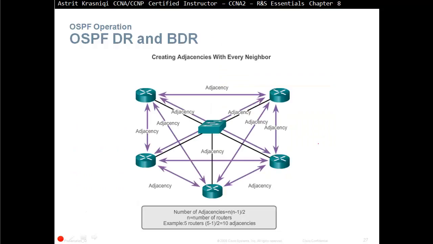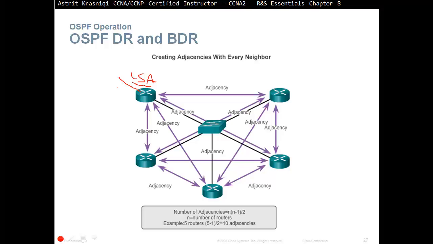OSPF DR and BDR election, for example, like we said earlier. So if there's a new link here, this LSA here, this router is going to grab this LSA and it's going to send it to all the neighbors. Now the neighbors, what is the job for the neighbor to do? The first thing is they're going to flood that LSA to their neighbors, and their neighbors are going to flood it to their neighbors, and we have quite a lot of LSAs just from one new link state advertisement. So the best way to do it is to elect a designated router, a DR, and then all the LSAs are going to go to the DR,